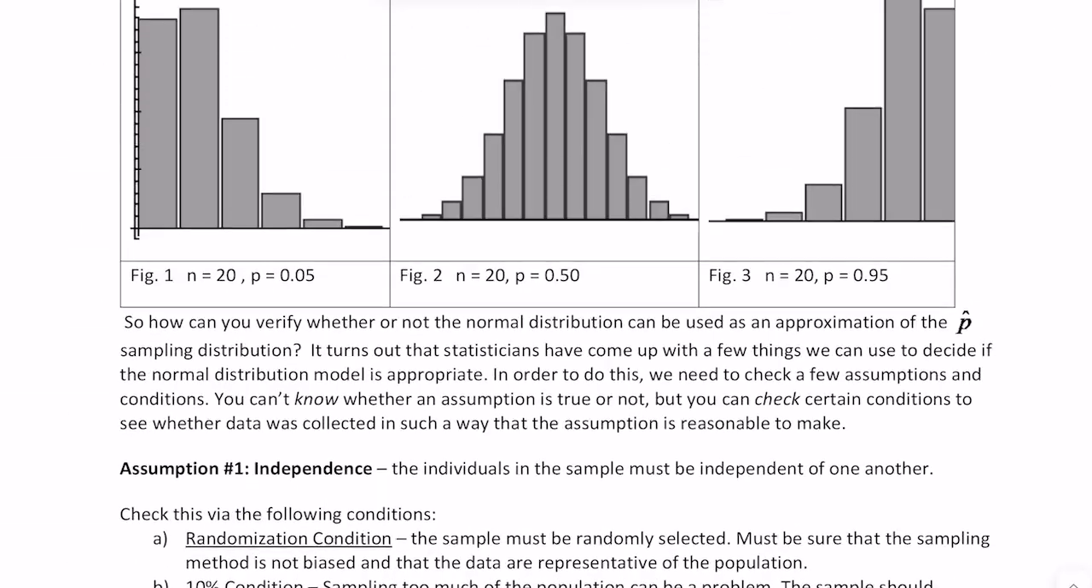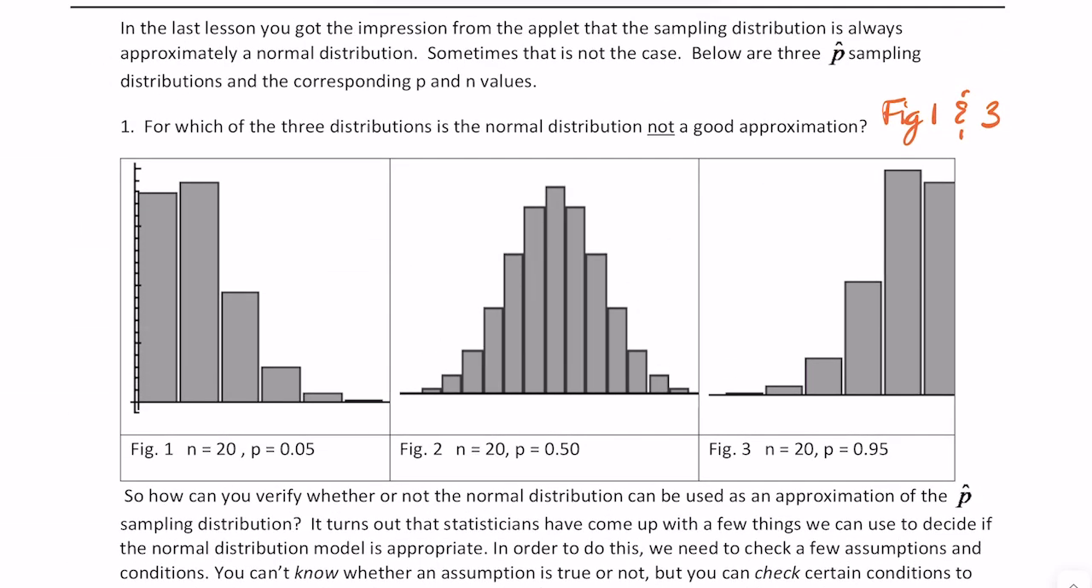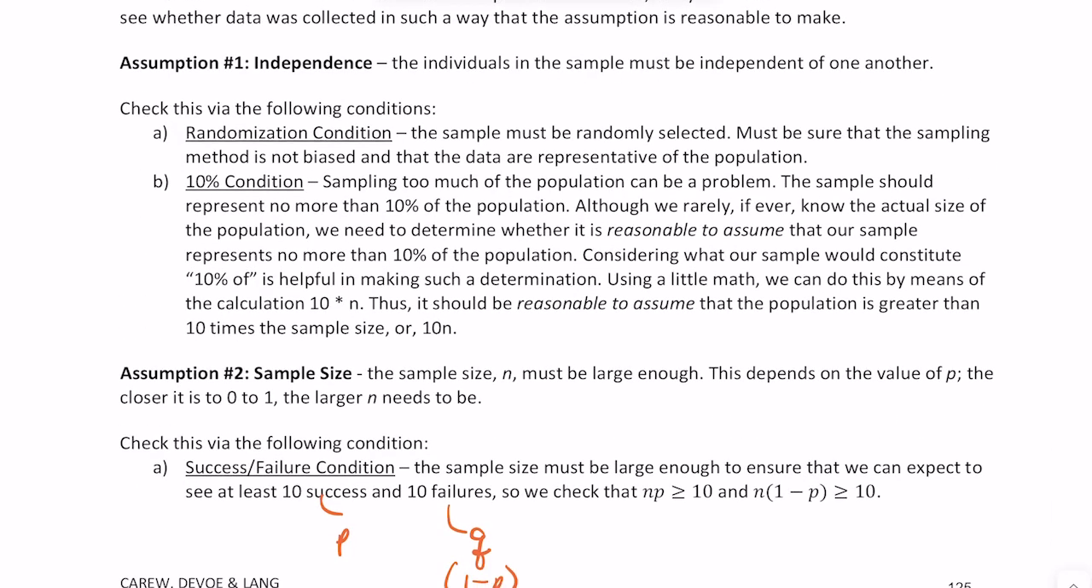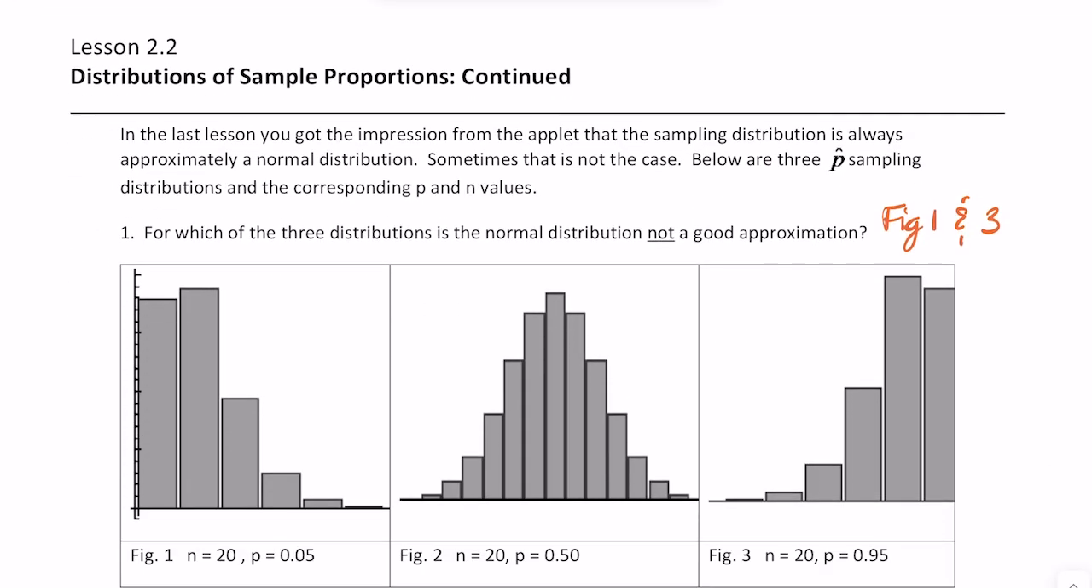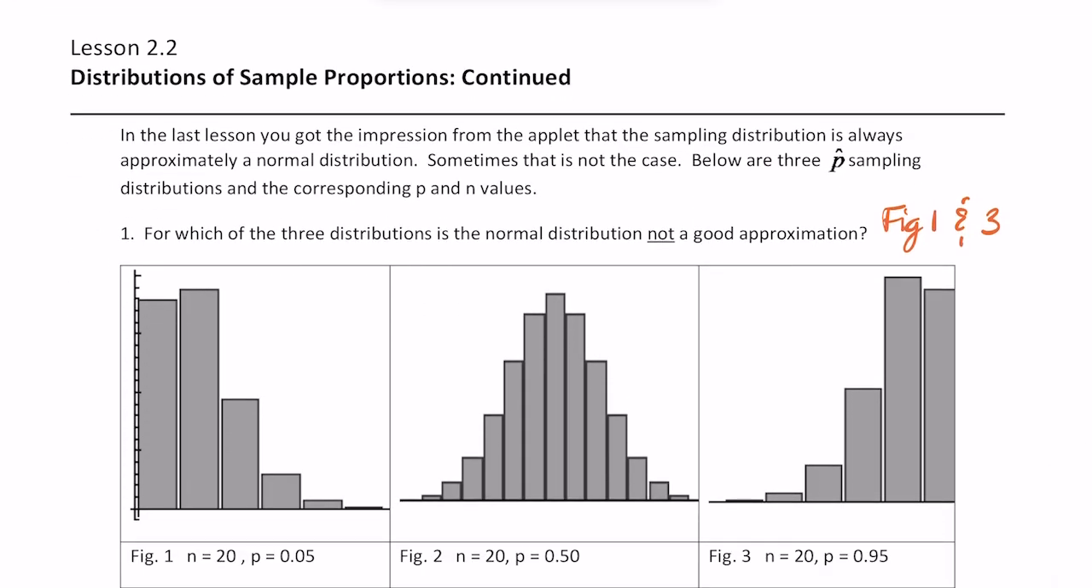If we look at our distributions here, we can see that we know that our sample size for all of them is 20, okay? So depending on what the population is, we would have to assume that the sample size is no more than 10 times the population, and we would want to be sure that these data values were chosen randomly, okay, so it's a random sample,